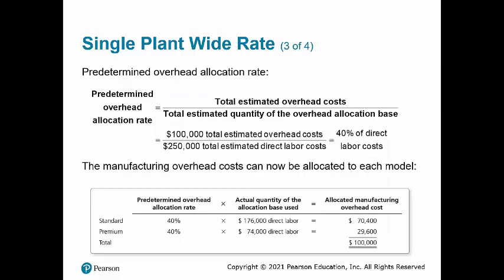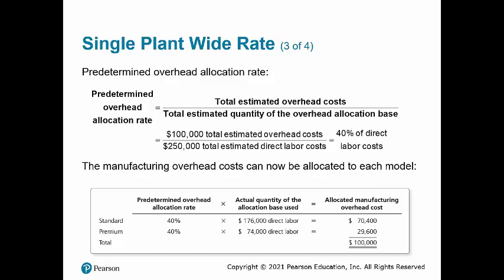So using a single plant-wide rate, we would take our total estimated overhead costs of $100,000 and we would divide that by the total quantity of direct labor costs for the next year, $250,000. When we divide $100,000 by $250,000, we get 40% as our predetermined overhead allocation rate. Now we use the actual quantity of the allocation base to actually allocate that overhead. So if the standard tablet did have $176,000 in direct labor costs, we would multiply that by 40% and we would allocate